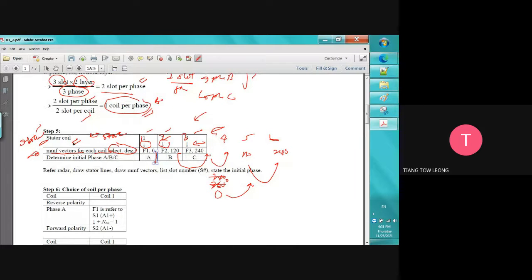And then we need to determine which is the initial phase. So usually for the initial phase, if you still remember the 208 three-phase system, A is from 0, B is from 120, C is 240, something like this. That's why we go to search where the electrical degree gives us 0. So this one gives us 0. So we use